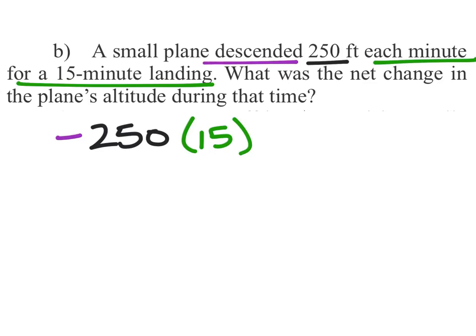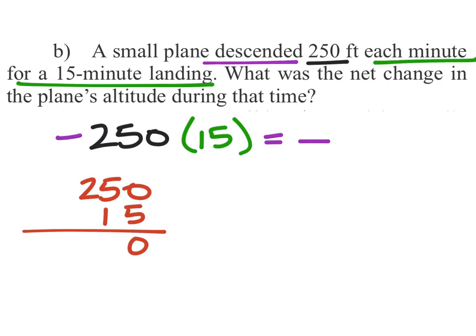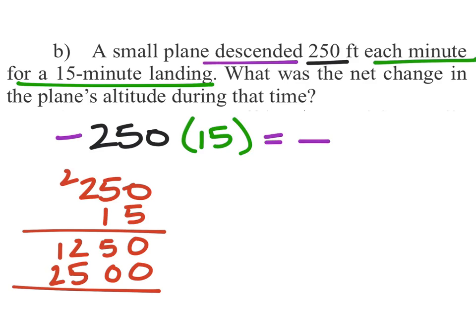Now looking at this one, I know that my answer is going to be negative because there's one negative and one is odd, so the answer is a negative. After that, it's just simple multiplication. 250 times 15. So 5 times 0 is 0, 5 times 5 is 25, carry the 2. 5 times 2 is 10, plus the 2 is 12. Now I'm in the tens place, and it's just 1 times 250, which is 250. So I'm going to add these together. 0, 5, 7, 3. So this would be negative